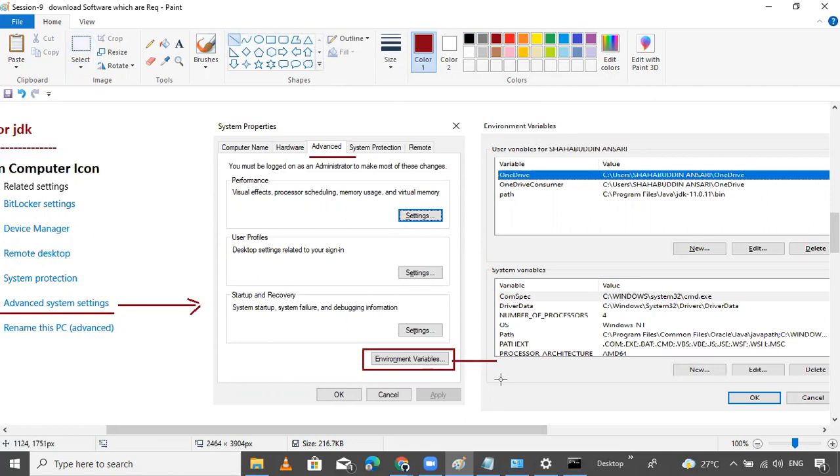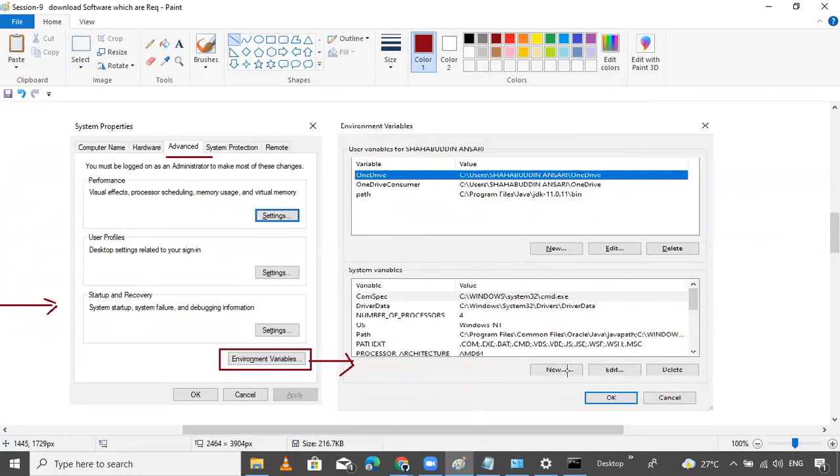And here, as I told you also, where you set the path, click New and you will get one dialog box and set the path. Here also you will click the New button. Click New. If you want to delete, then click Delete.